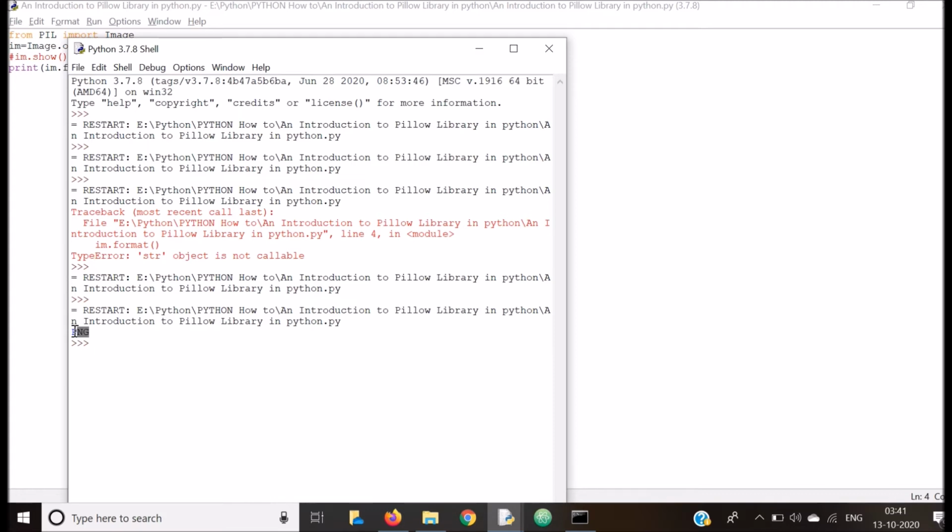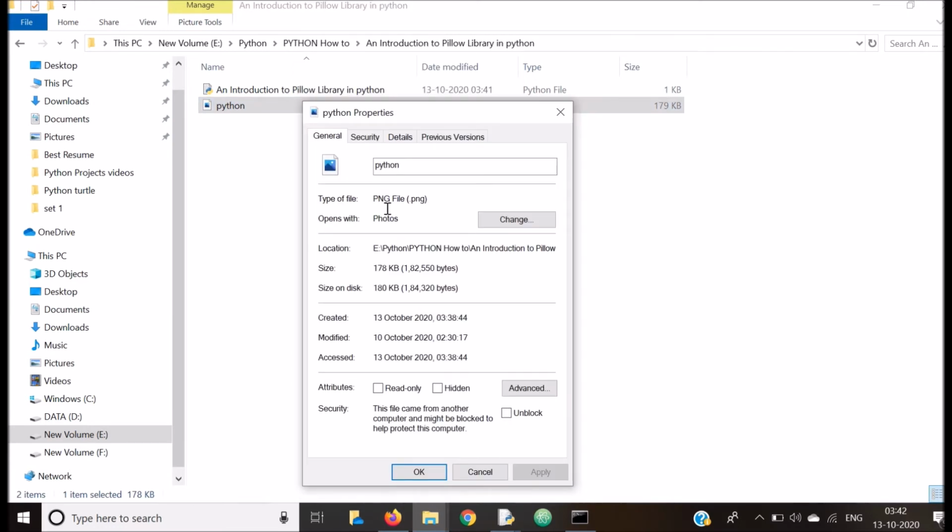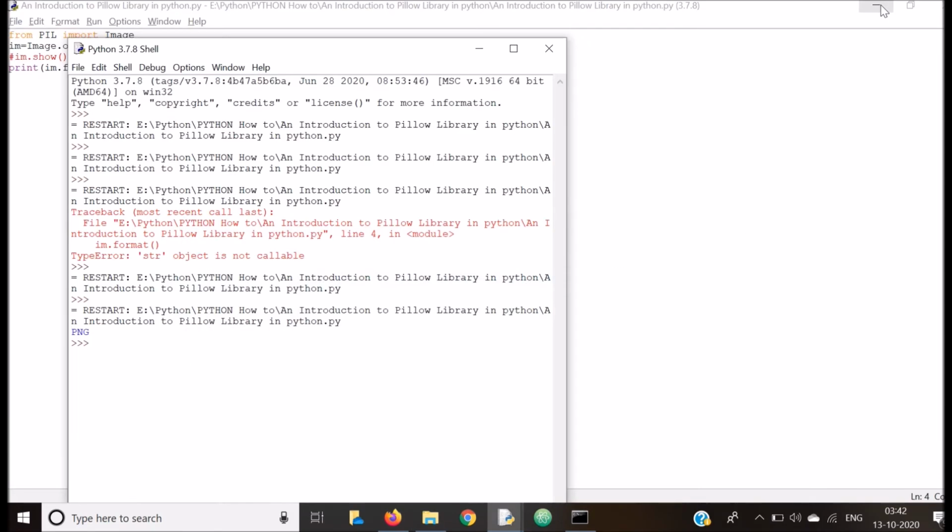Okay, it is showing PNG. Let's verify it. Already we checked it. It is a PNG file, image file dot PNG. So it is telling correct.